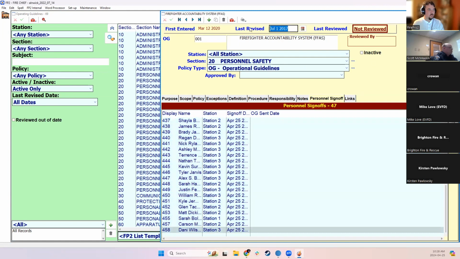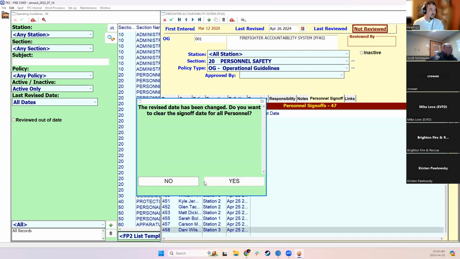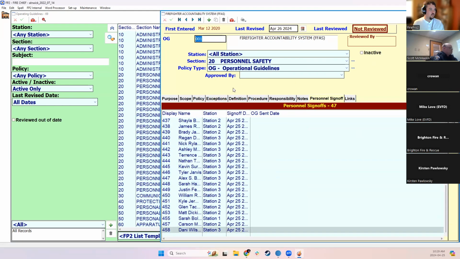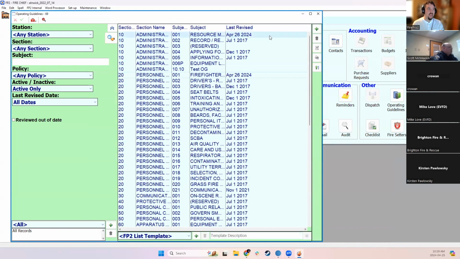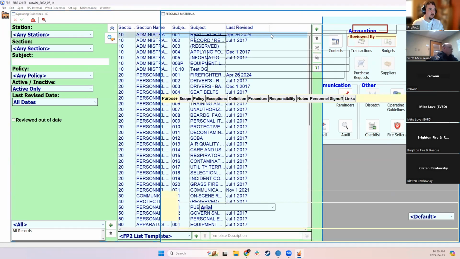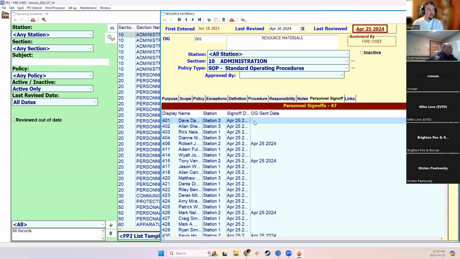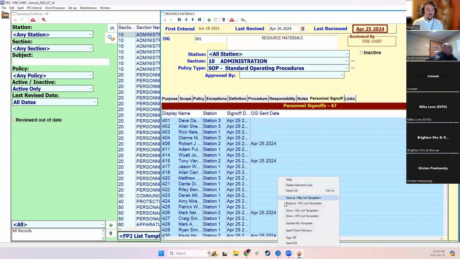So now if I go in and I review or revise the OG, it's going to ask me if I want to clear the sign-off date. That should be breaking the sign-off date out, which allows you to quickly flag that people need to have the OGs resent to them. Likewise, you can highlight and resend a reviewed OG just to make sure it has been resent to members